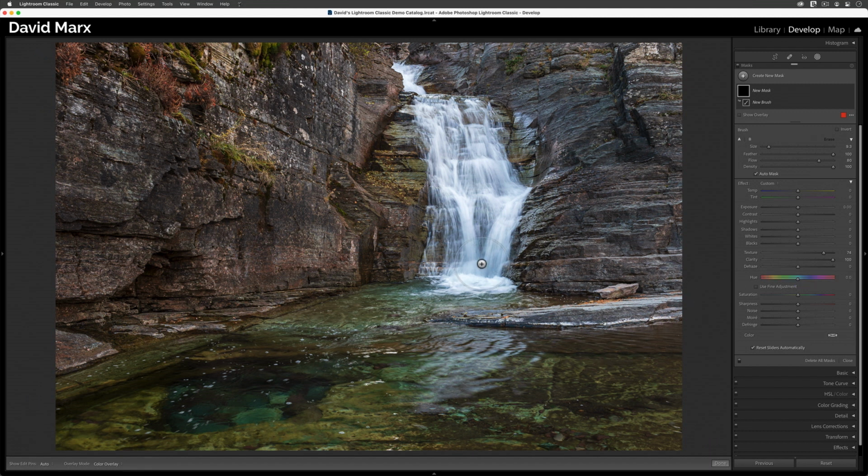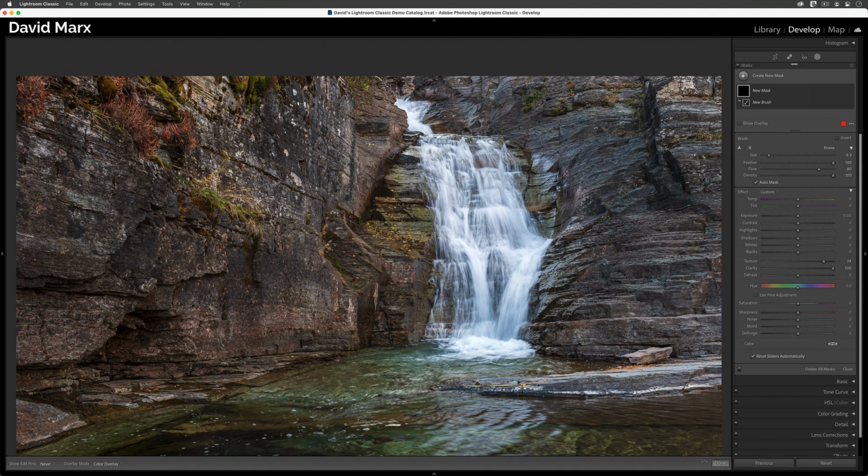Instead, in this video, I want to show you how I use the texture and clarity controls with precision thanks to the new masking feature. If the way that masking works inside of Lightroom Classic is new for you, then please start with some of my more basic tutorials before you leap into this one. For those of you who are ready though, let's jump right in and let's get started.